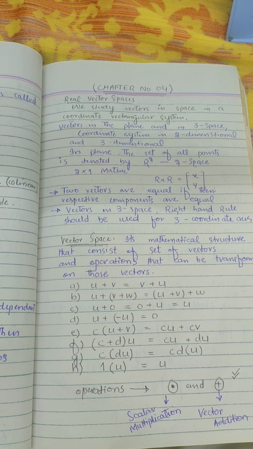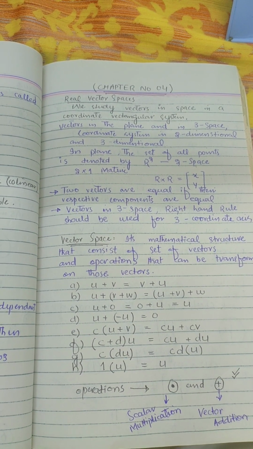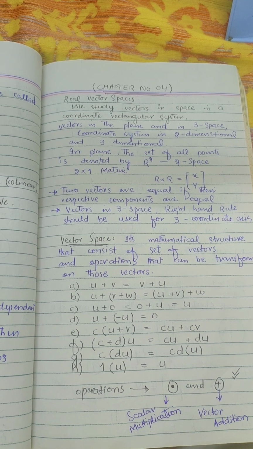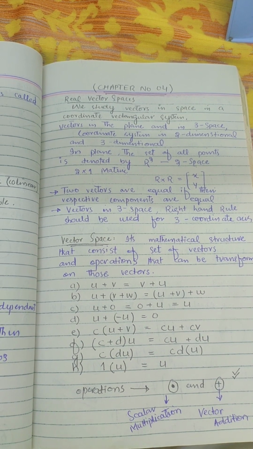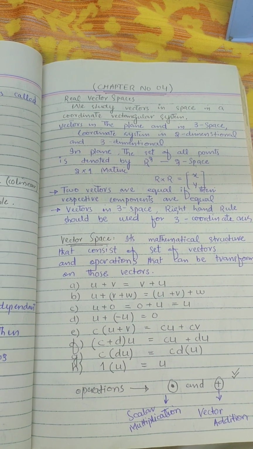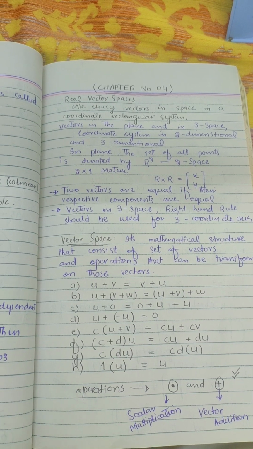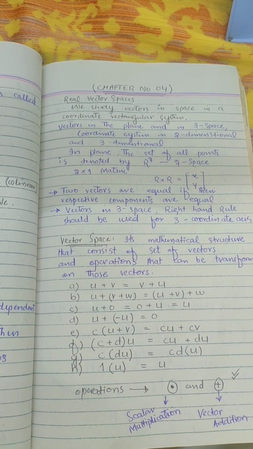I say that we have to get a set, and this set has certain vectors, certain information and data, and that data has to be transformed by different operations. We use different operations among the vectors, and they obey them. So this set of vectors is called a vector space.